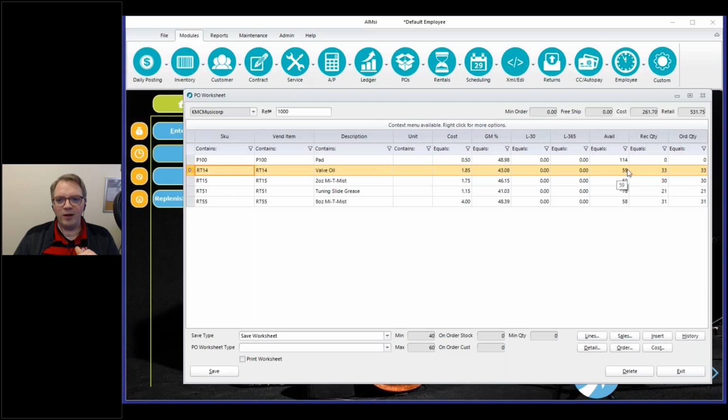It's coming up with an available quantity of 59, a recommended quantity of 33, and an order quantity of 33. And you might say to yourself, well, wait a minute, we just looked at this particular item back in the inventory details. They were both sitting for both of those respective locations. They were not sitting at that quantity available. Well, what this is doing is consolidating for all of your locations